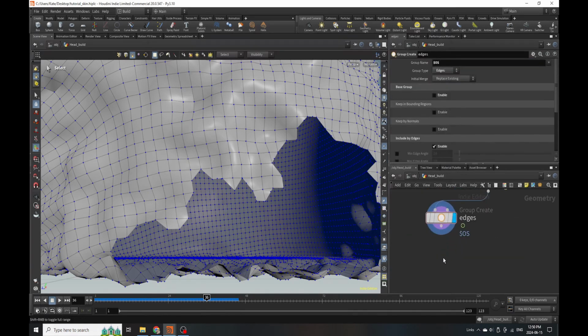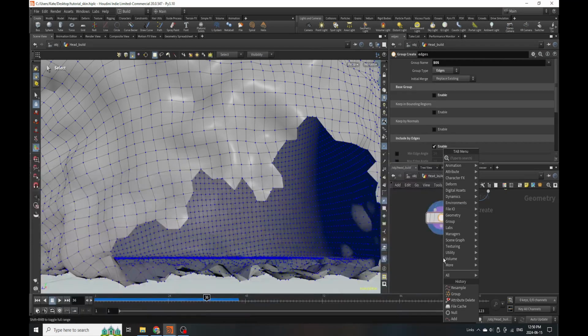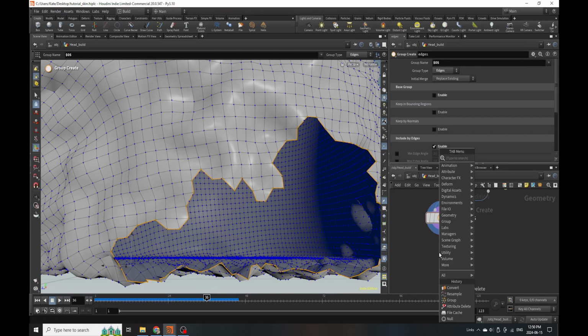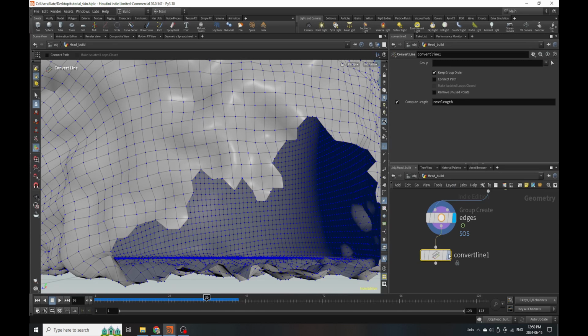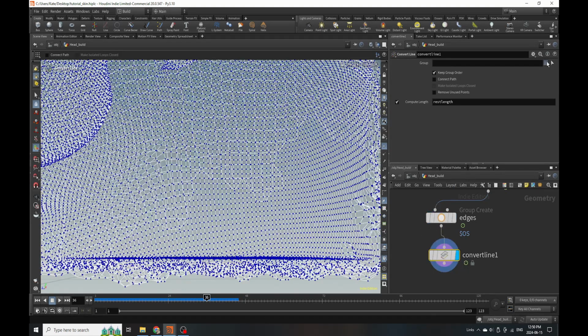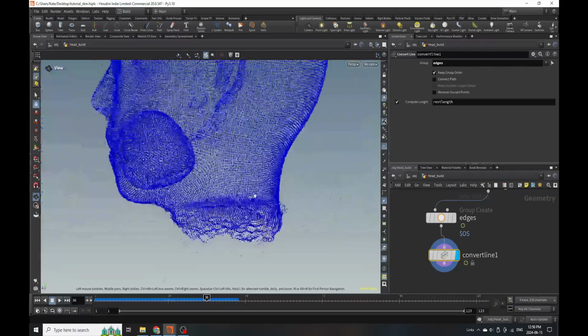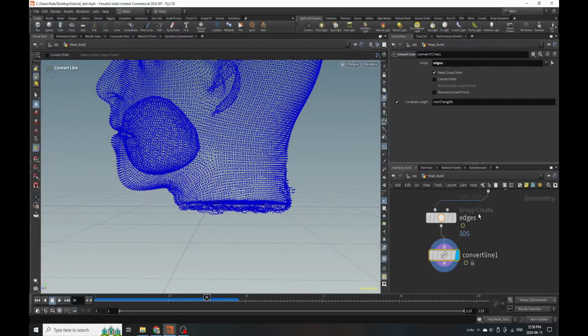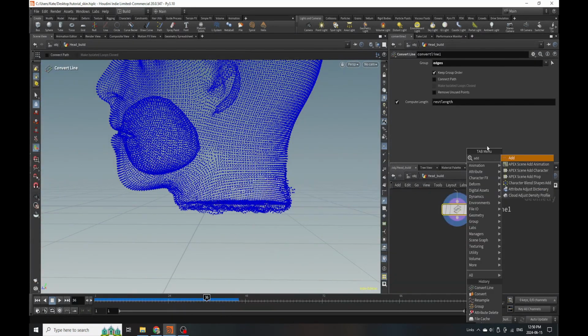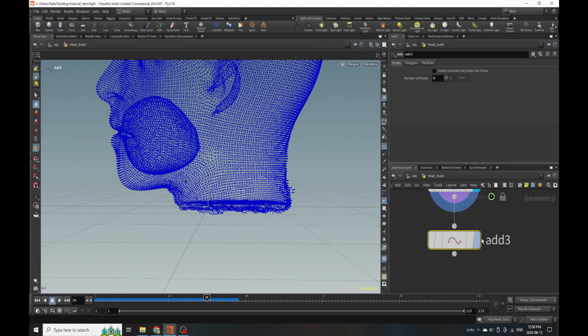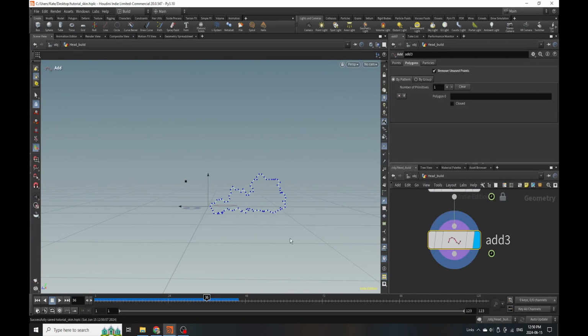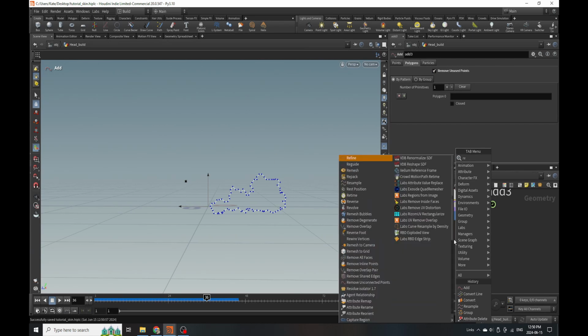Give me a second. Okay, so the next thing we're going to do is use a convert line instead. I missed one step. So we're going to use a convert line. And we are going to say to it, grab the edge group, please, and use that. So now you can see only the edges in that edge group are converted to a line, and there's a bunch of disconnected points. So we're going to use an add node to get rid of the points that are disconnected, like this. And then we're going to use a resample